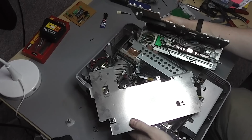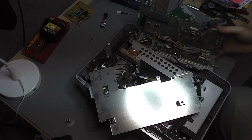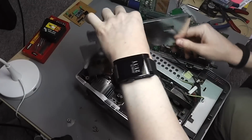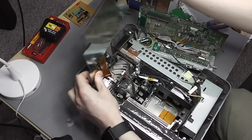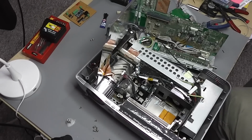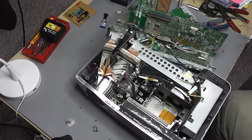There we go. And it looks like there was a cable tie strapping the main power connectors in, by the way. Over there. And yes, there's a cable tie holding the main power connectors in, which was stopping this from pulling to one side. And so,